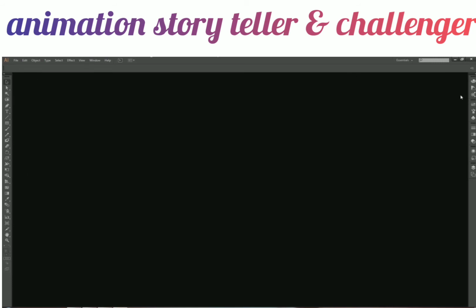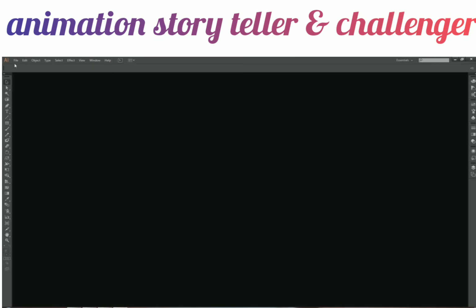So this is the window which you get when you open Illustrator. Now I'll quickly go through what all these things are. On the top we have this menu bar. On the right, we have these three: minimize, maximize, close, and a search button. On the right itself, we have this panel bar, which has some panels, and how they work we'll cover in later videos. On the left, you have this toolbar, and we'll cover in detail how all these tools work.